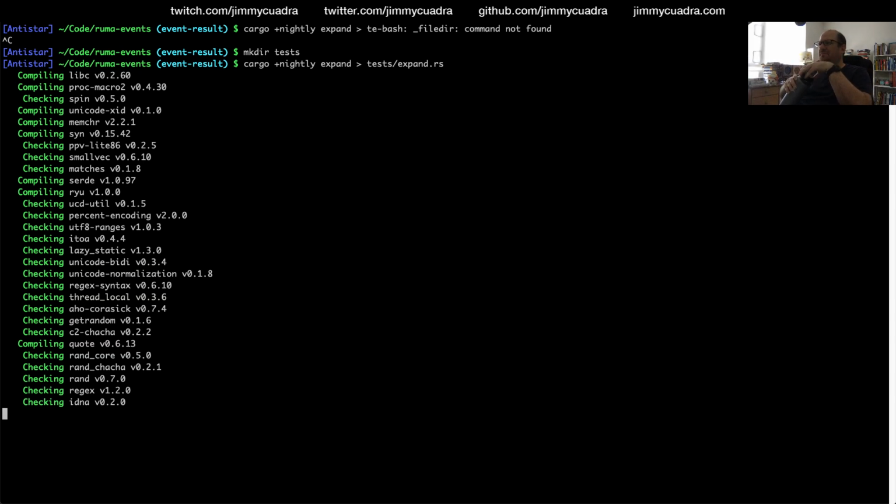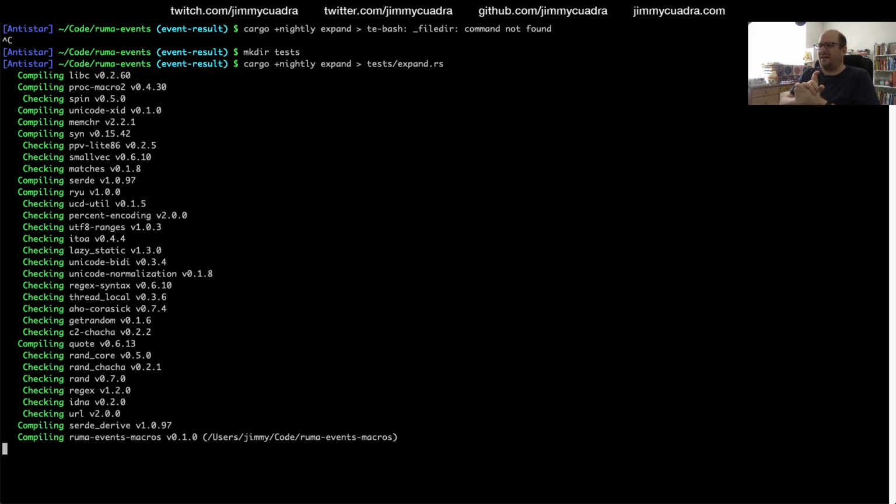And I'm going to have to clean this up a little bit to actually get it to compile, because it inserts everything that gets expanded, some of which have things in it that you can't have in a file if you're actually running rustc on it. So it's not ideal output. But this is the best way I know to debug proc macro generated code.